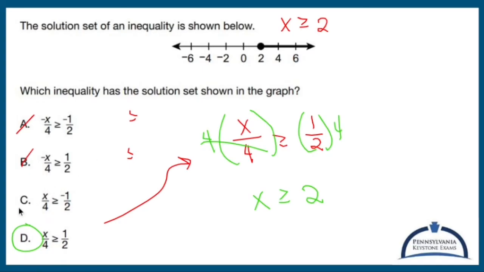Again, it seemed like I rushed through this. This is what I did. I crossed out the ones that I knew wouldn't work. I crossed out A because I'd have to divide by a negative, which would flip the sign to the opposite side, so A didn't work. I crossed out B because I would have to do the same exact thing, multiply or divide by a negative, which means flipping the sign, so B wouldn't work. C, if I multiply both sides by 4, I would get a negative number, but I want a positive number, so C didn't work. And so I tested out D. That seemed to be the one that did work. D, done, hooray!